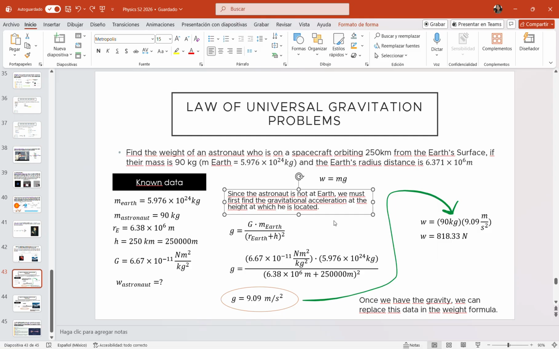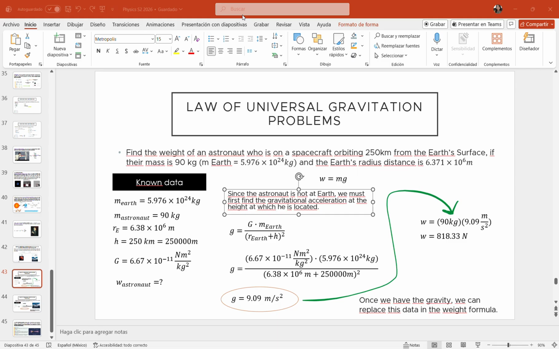Since the astronaut is not at Earth, we must first find the gravitational acceleration at the height at which he is located, because he's not on Earth. Therefore, the gravity won't be the same because it is outside our planet. On our planet, the gravity is 9.81 meters per second squared. We just only substitute,